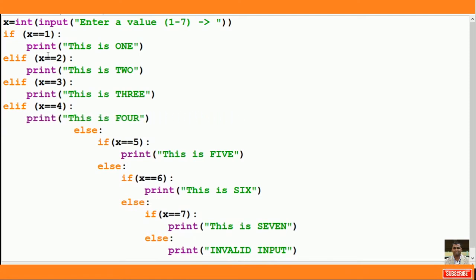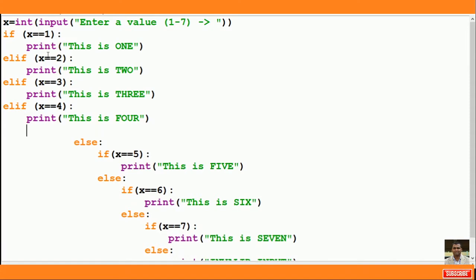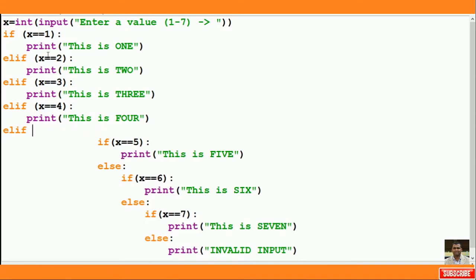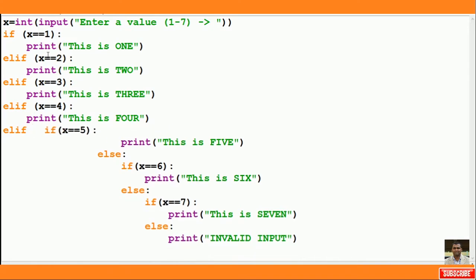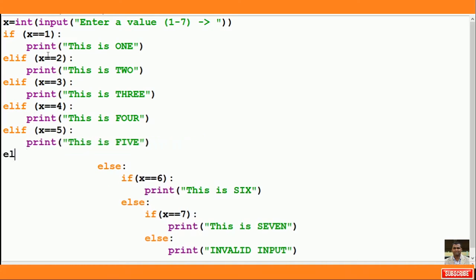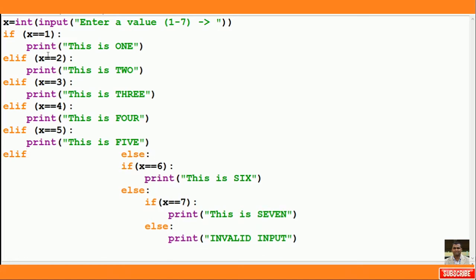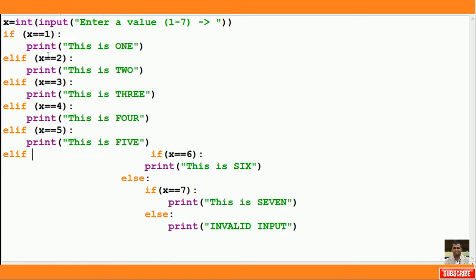See, there is no ladder, there is no nested, only multiple values. If one value is not coming correct, it will go to the second one, then third one, then fourth one, like that. So again I am going to write here elif. Then again I am going to put the condition here, you see x equal to 5. Done. Then again I am going back here, print the value. Since I typed already, I am just adjusting it. Elif. Then again I am going to write a condition here, you see x equal to 6.